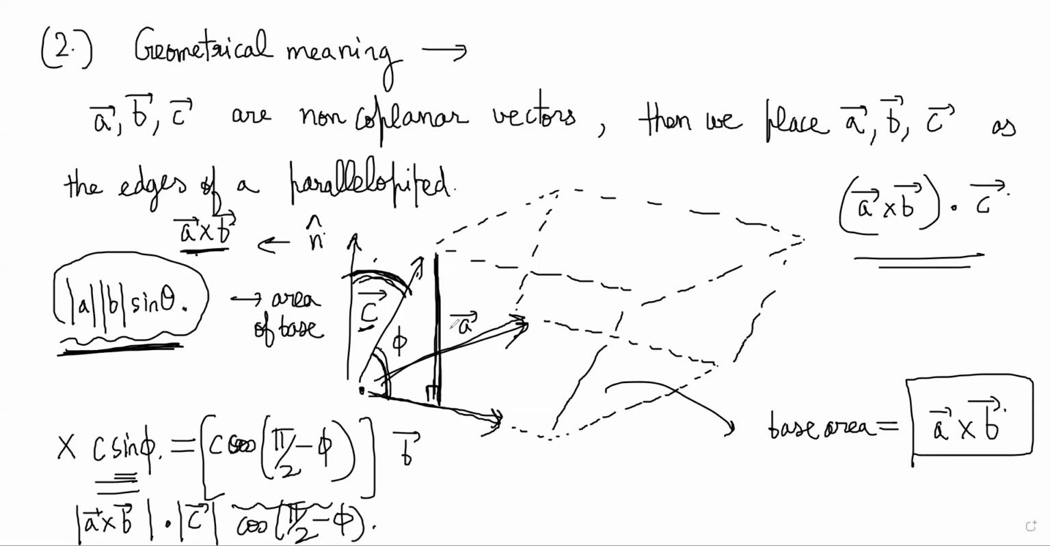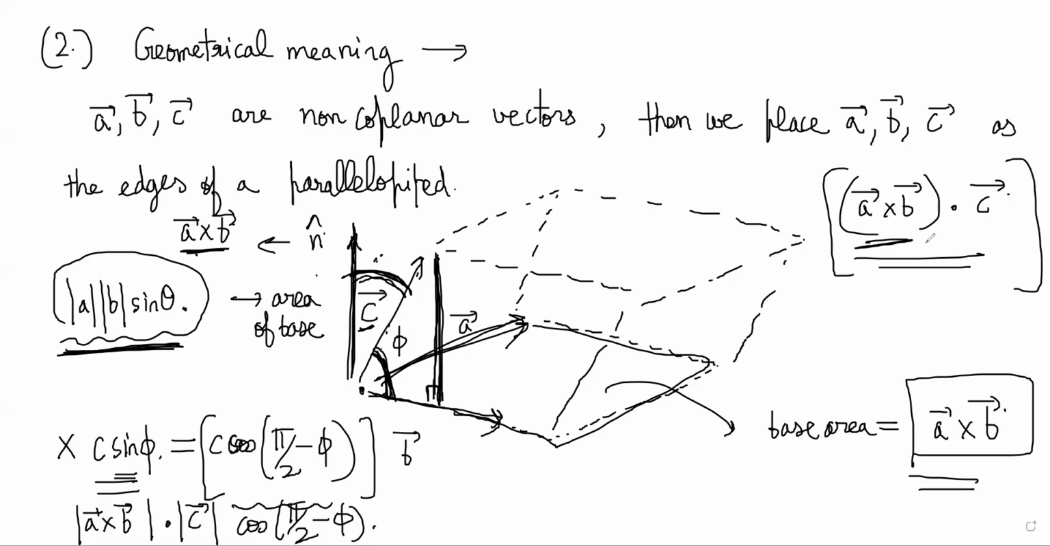So you should be able to understand here the base is coming by A cross B, the base area of the parallelogram, and the height is actually C sine of the angle between the C vector and the plane of A and B. But that angle is 90 minus theta, where theta is the angle between the C vector and the normal, or C vector and A cross B. So eventually it turns out that it is this A cross B dot C. So what we know from here is that A cross B dot C, which is the box product, is the volume of this parallelepiped,